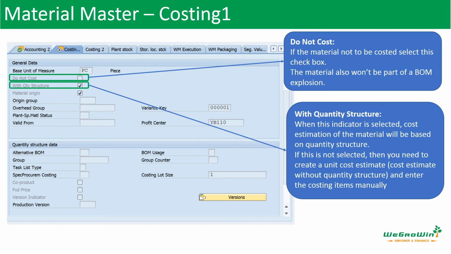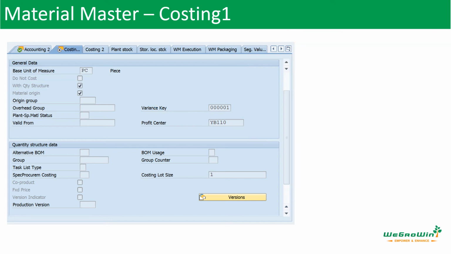If we do not select this item, then we need to create the unit cost estimate without the quantity structure and enter the cost details manually. So the system will take those details without considering the quantity structure. But again, whether we have to follow the quantity structure depends, because there are some products where the BOM is frequently changing. Every time on change, we cannot have this cost change. We have to fix it one time, like these details, we can update this. Again, it depends on the product, the organization, and the accounting principles of the organization.